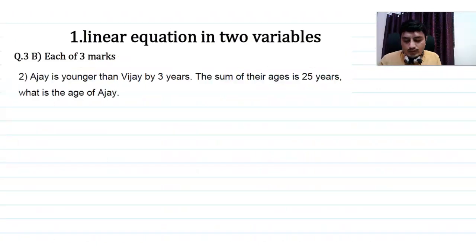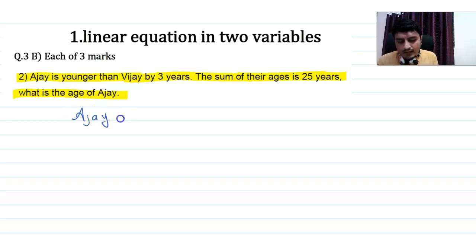Now look at question number 2. Ajay is younger than Vijay by 3 years. The sum of their ages is 25 years. What is the age of Ajay? Now we are given there are 2 persons. One is Ajay, the other is Vijay. So we assume Ajay is x years old